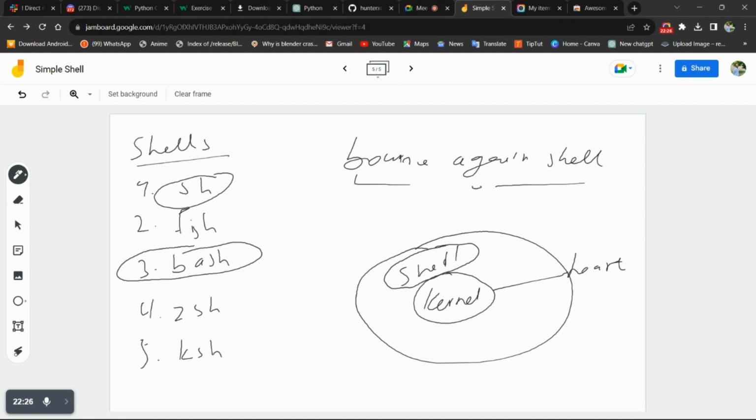Should I go with some of the things the shell uses, or let me just go on with the definition of shell. Where is my note? So in order for us to implement our own shell,